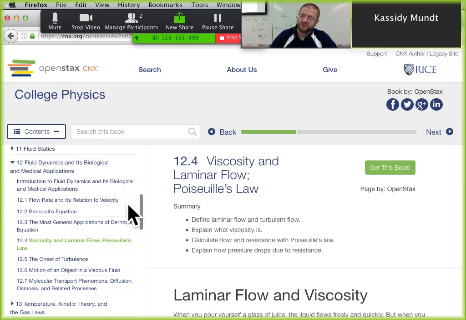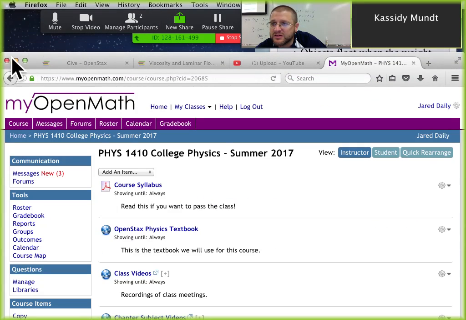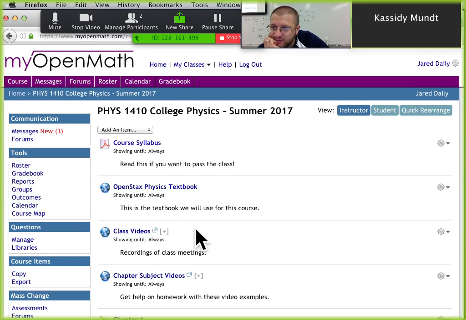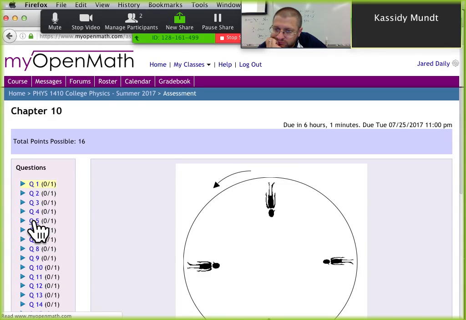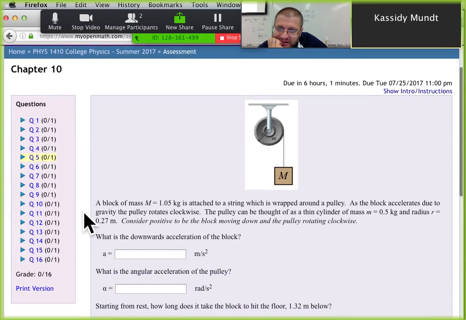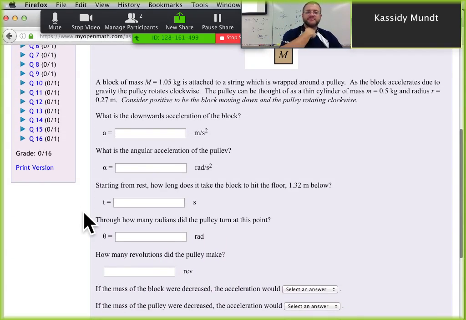Okay, so what's your question? Sorry, go ahead. It's in the chapter 10 homework, number 5. Chapter 10, number 5. Ah, yes. So for the downward acceleration of the block, it says to consider the block moving down to be positive. So it just wouldn't be gravitational, it wouldn't be 9.8 meters per second squared? No. And the reason for that